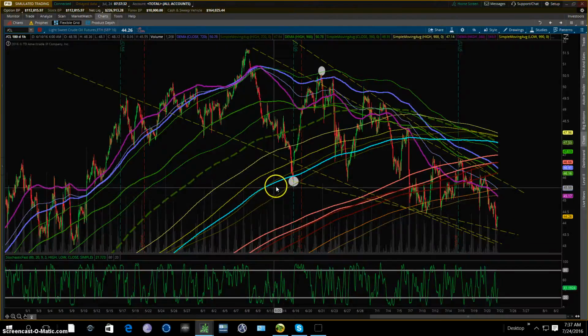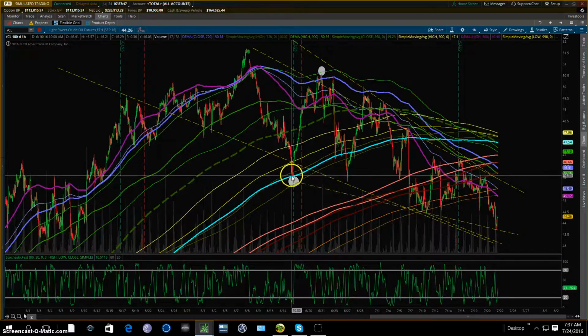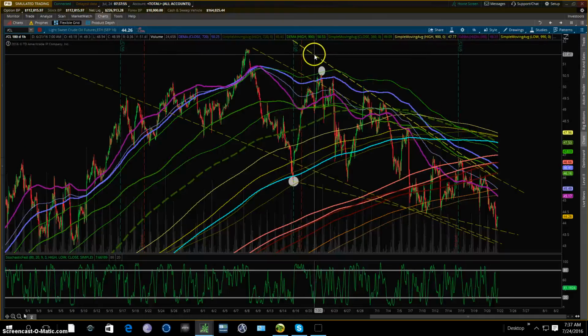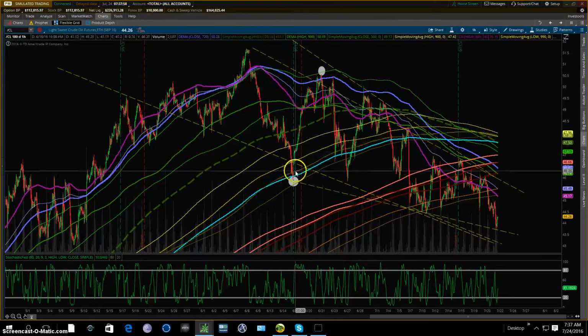But if it's running together with these yellows, and it comes down so much, it's a very good bounce area. If I was sitting there watching this come down to here, I would have taken the chance here. Yeah, in hindsight it's easy, but a lot of times what happens, it does come down to the yellows, and then it runs up all the way to the top of the range. There's no other moving averages up top. That starts to indicate it. That indicates a